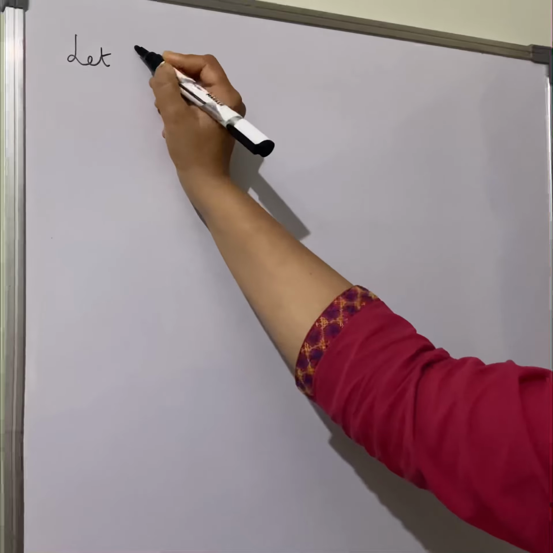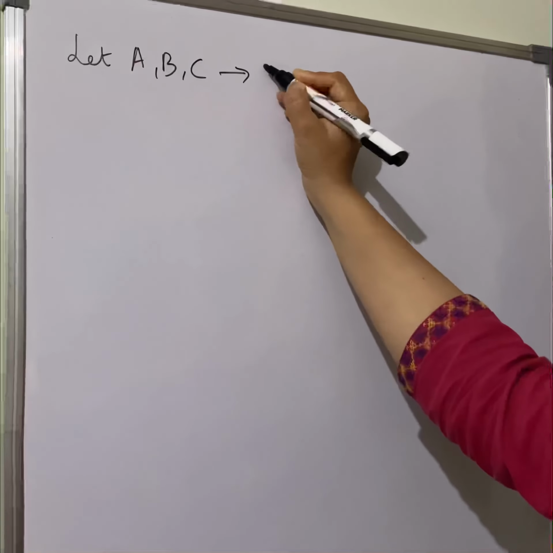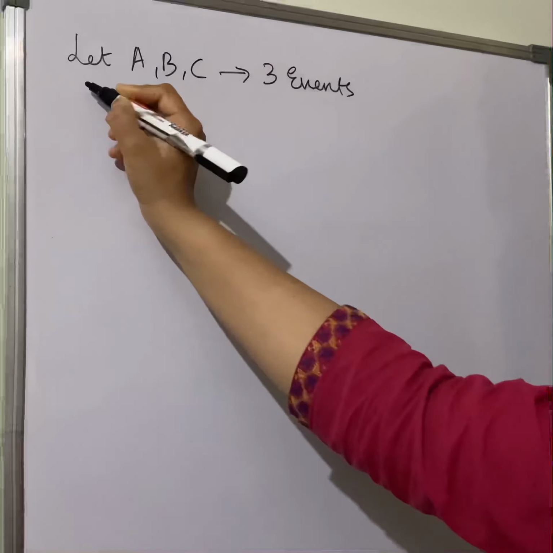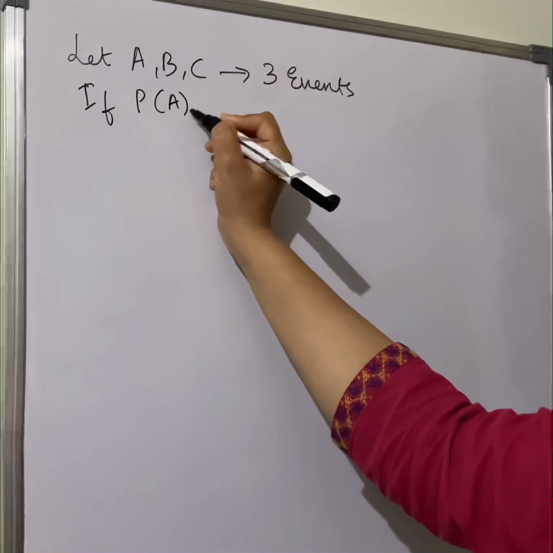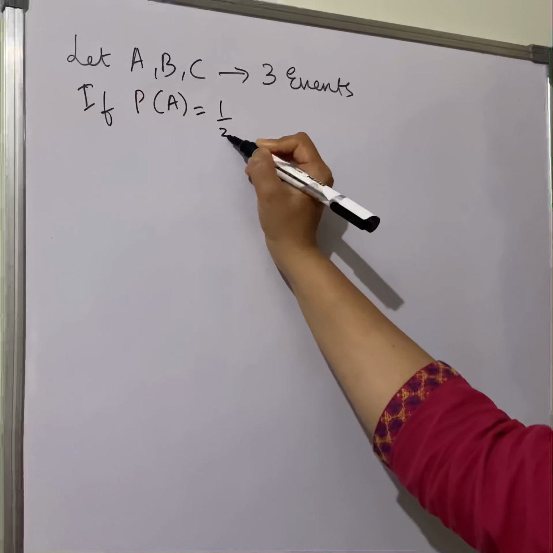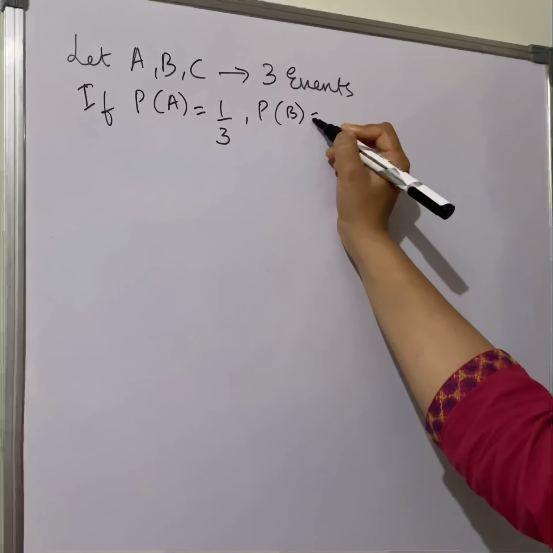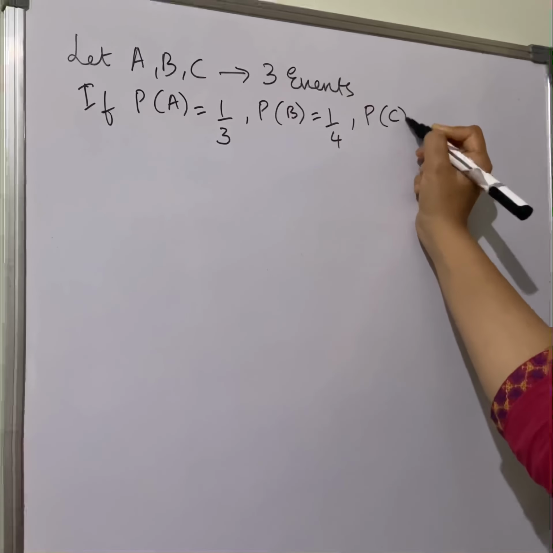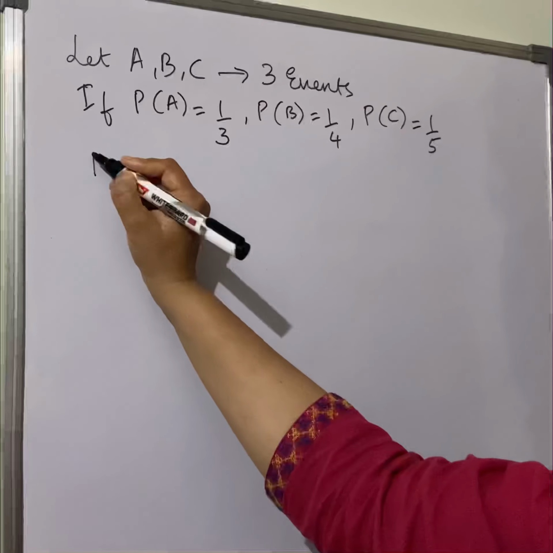Let A, B, C be three events. If probability of A happening is 1 by 3, probability of B happening is 1 by 4, probability of C happening is 1 by 5, we can compute